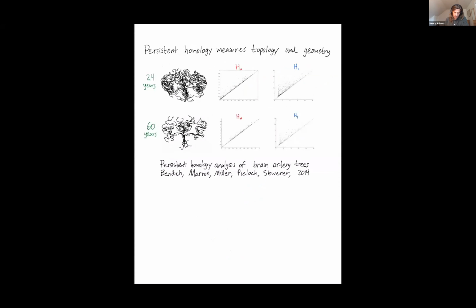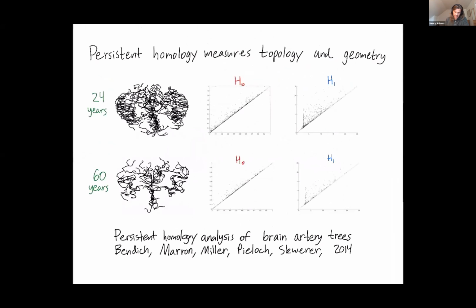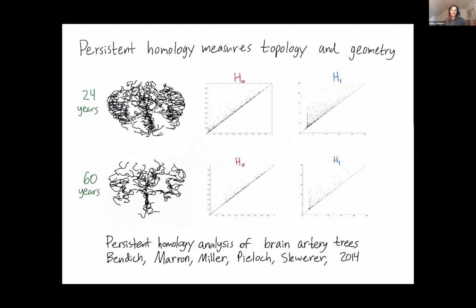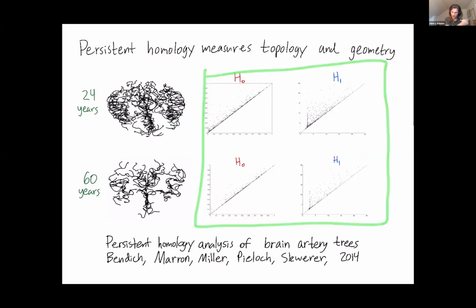For example, we can summarize the geometry in brain artery trees. Here we have a young 24-year-old brain and an older, 60-year-old brain. A lot of the knottedness or local geometry of your arteries decays a little as you age, and that appears in the persistent homology diagrams as follows.